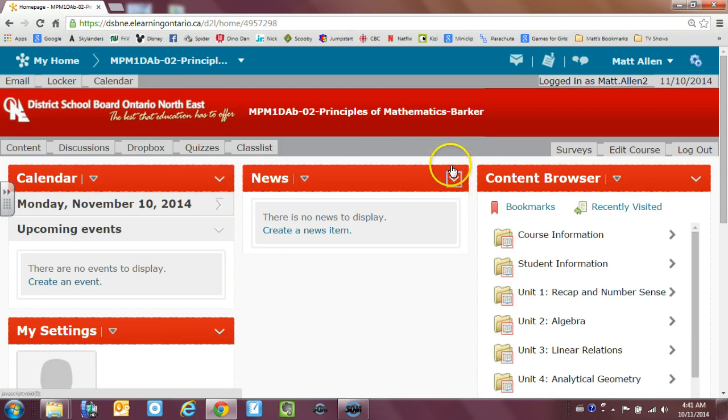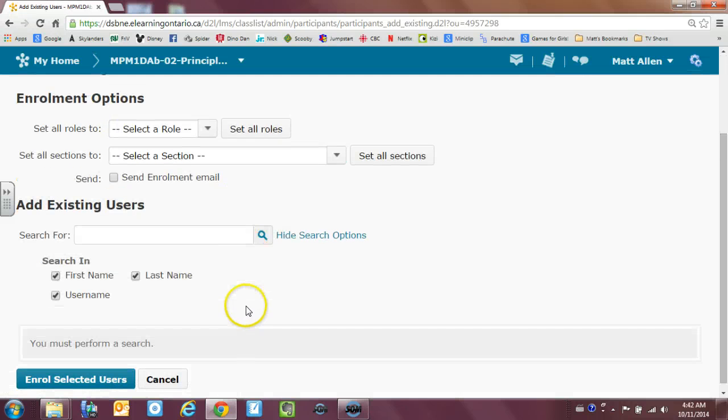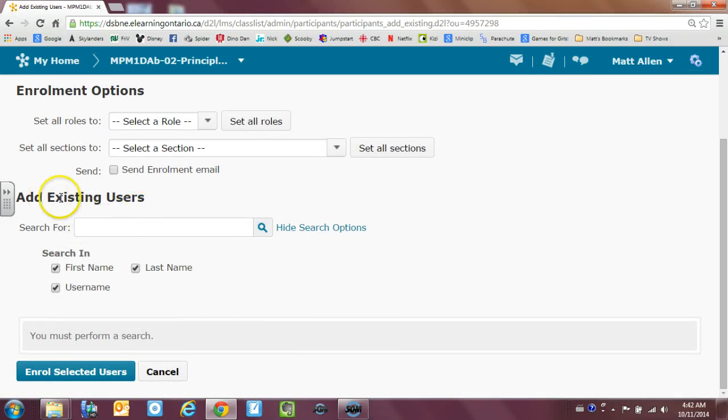So first thing we want to do probably is kind of get our class started here. At this point there's nobody in the class, at least most likely. If you click on class list, we get to a screen here. It says add participants, and it's pretty easy to do. Click on the button add existing users, and then we're looking for specific users here. Actually, if you just click the search button,